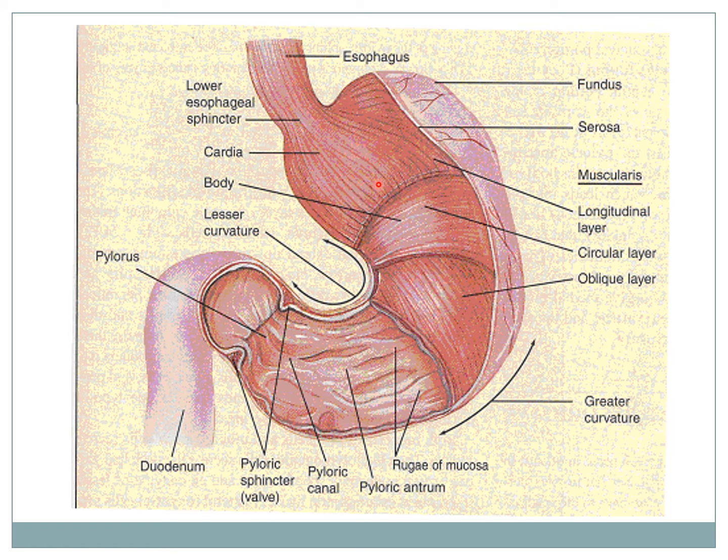You see this diagram. Here is the lower end of the esophagus with the cardiac sphincter. This is the muscularis, with the longitudinal layer, circular layer and oblique layer of muscle. And this part is the rugae of the stomach, which disappear when the stomach is distended. This part is the pyloric antrum, pyloric canal and pyloric sphincter. This is the muscular thickened part, which is given the name pyloric sphincter.